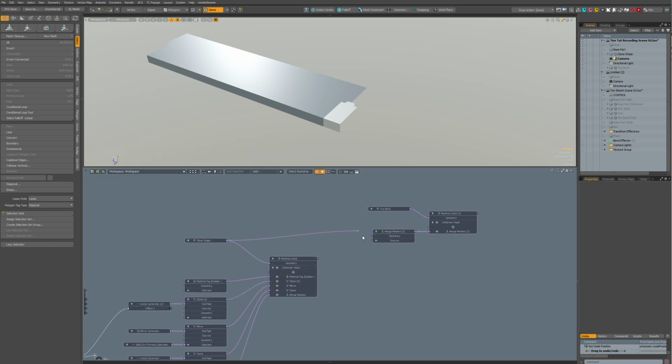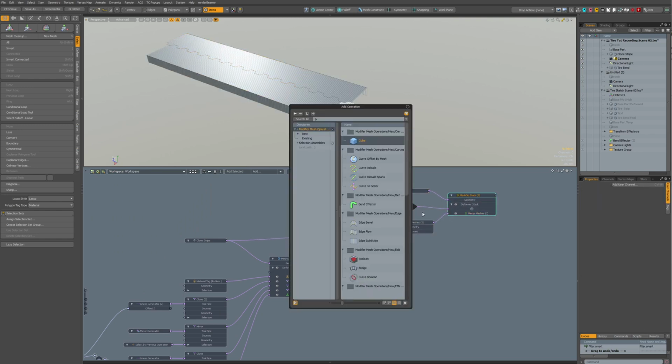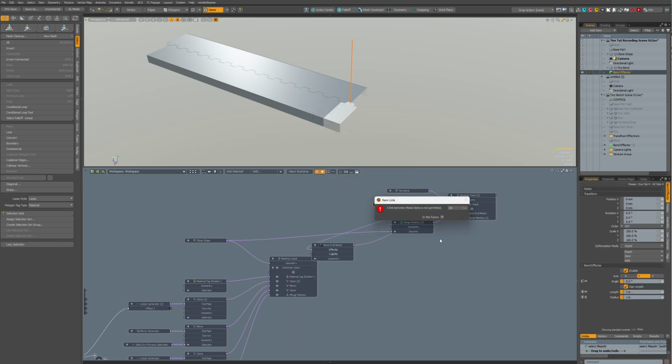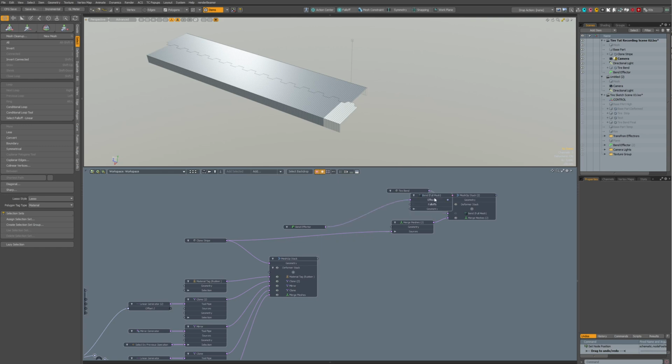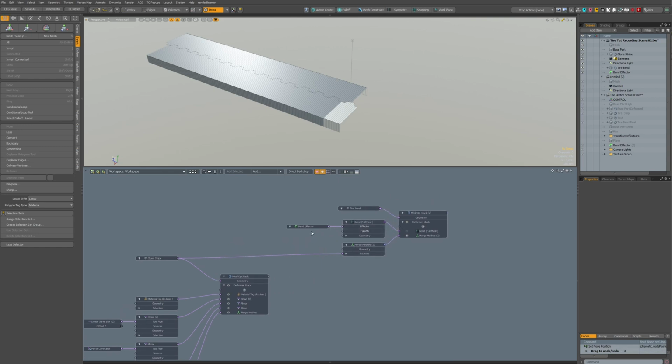So I add this here, and then we add the bend effector. Okay. This fiddling with the nodes is annoying.